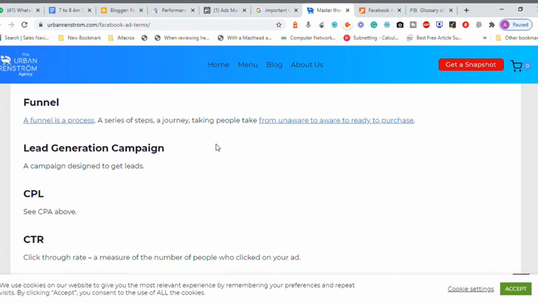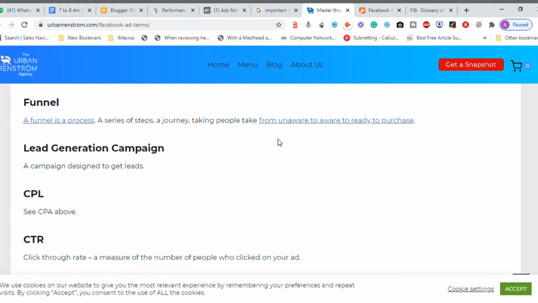A series of steps, a journey taking people from unaware to aware to ready to purchase. Basically, an e-commerce website will have a product detail page. That's the first phase of the funnel. From the product detail page, they will go to the add to cart page. From the add to cart page, they will go to the cart summary page. From the cart summary page, they will go to the payment gateway page. From the payment gateway page, the order confirmation page.